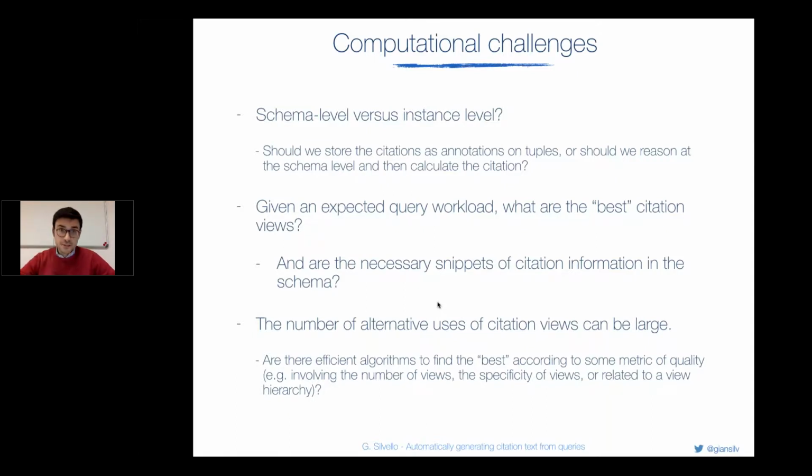The good news is that now we have three different instantiations of the system. One is totally schema level, another one is totally instance level, and then we have a hybrid system. All three systems return the same citations for the same queries, but depending on the context, one could be preferred to the others. This is something that I would like to discuss with experts and domain experts. Say, okay, you have this database, let's see what system is the best for your situation, for your context.